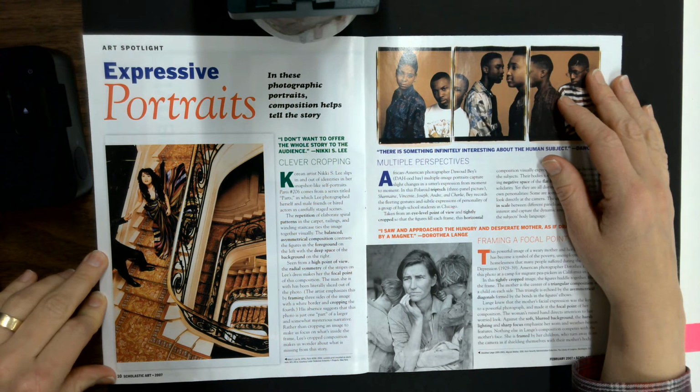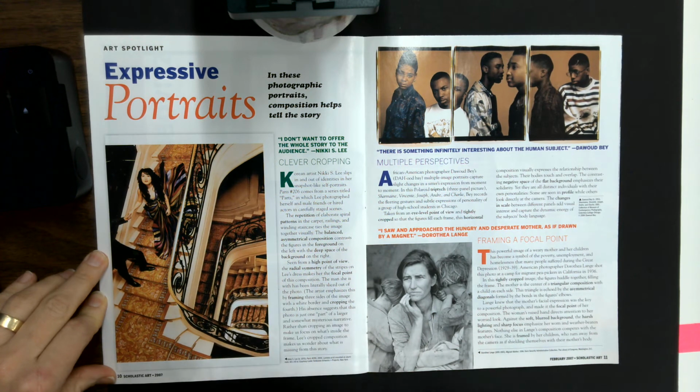Paris, number 206, that's this one over here, comes from a series titled Parts, in which Lee photographed herself and male friends or hired actors in carefully staged scenes. The repetition of elaborate spiral patterns in the carpet, railings, and winding staircase ties the image together visually. The balanced, asymmetrical composition contrasts the figures in the foreground on the left with the deep space in the background on the right. Seen from a high point of view, the radial symmetry of the stripes on Lee's dress